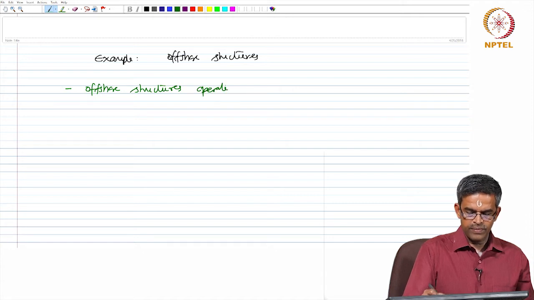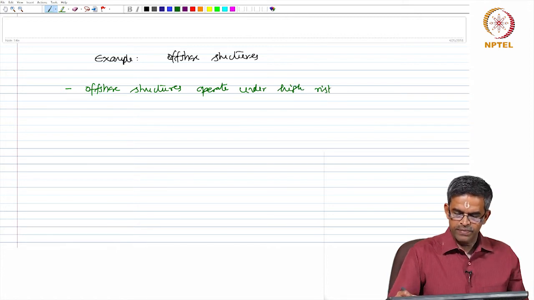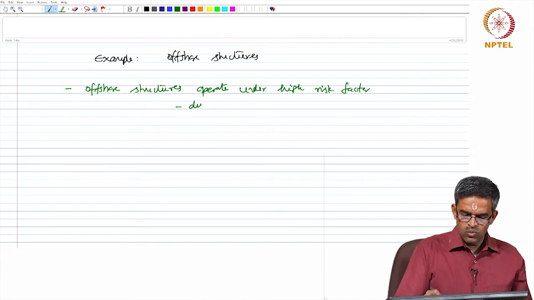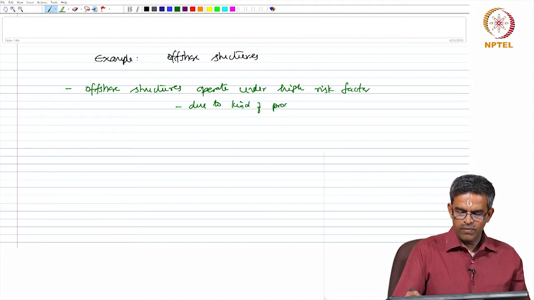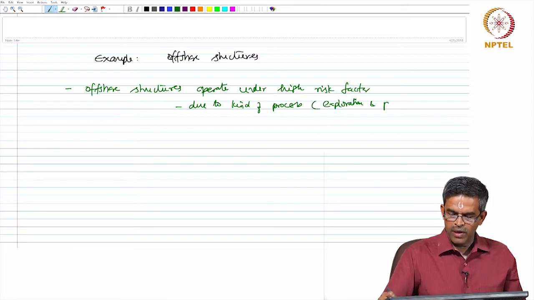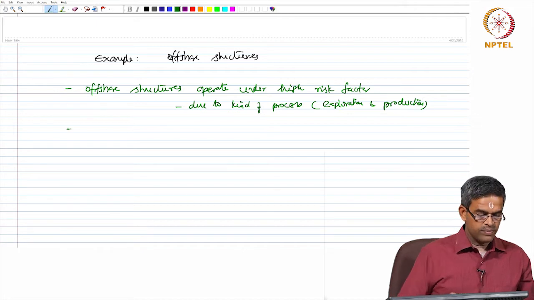We do agree and partially understand that offshore structures operate under high risk factor. This is essentially due to the kind of process which they undertake in terms of oil exploration and production. Now, they need to be monitored